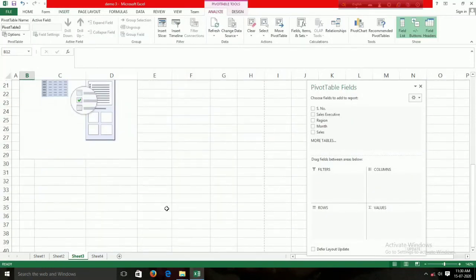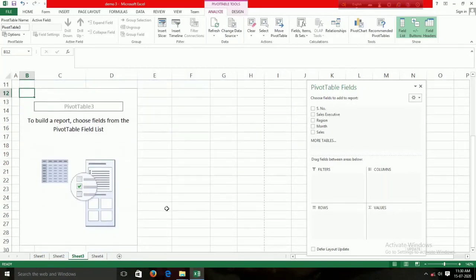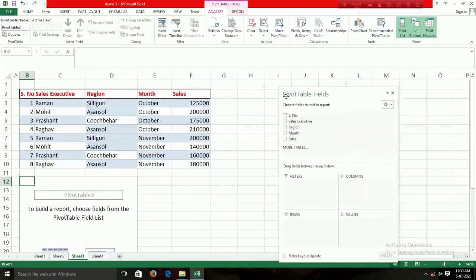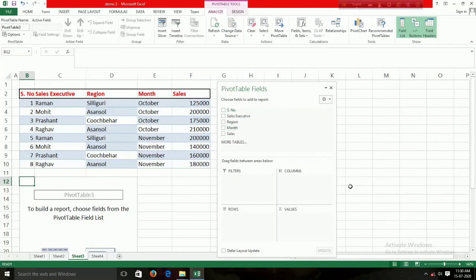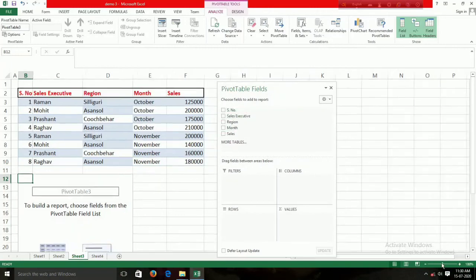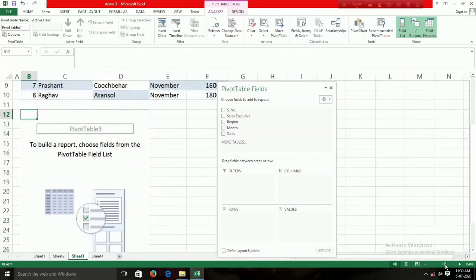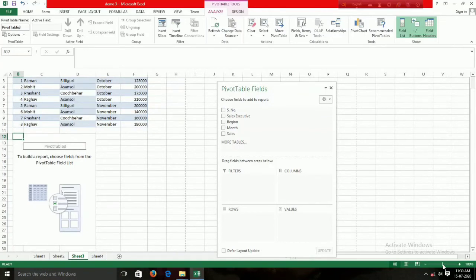Now you can see on the left hand side the pivot table layout is shown, and on the right side you can see pivot table fields are given. From here you can select how you want to design your pivot table. This step is very important. As you can see, there are 4 areas below: filters, columns, rows and values. You can drag down your fields in the rows, values or columns, and you can design a pivot table according